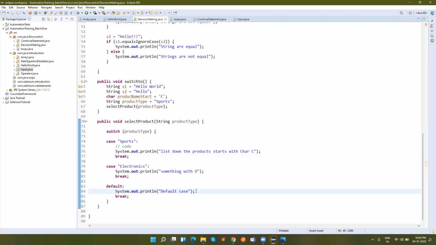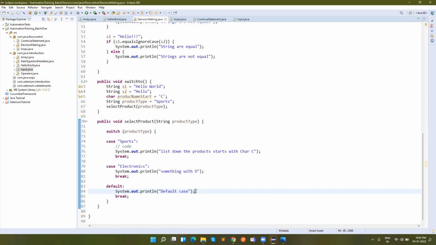And for the others, like Firefox and Microsoft Edge, you can write the code in the respective cases. So this will be much simpler than the if else statement. Satisfied with the answer?